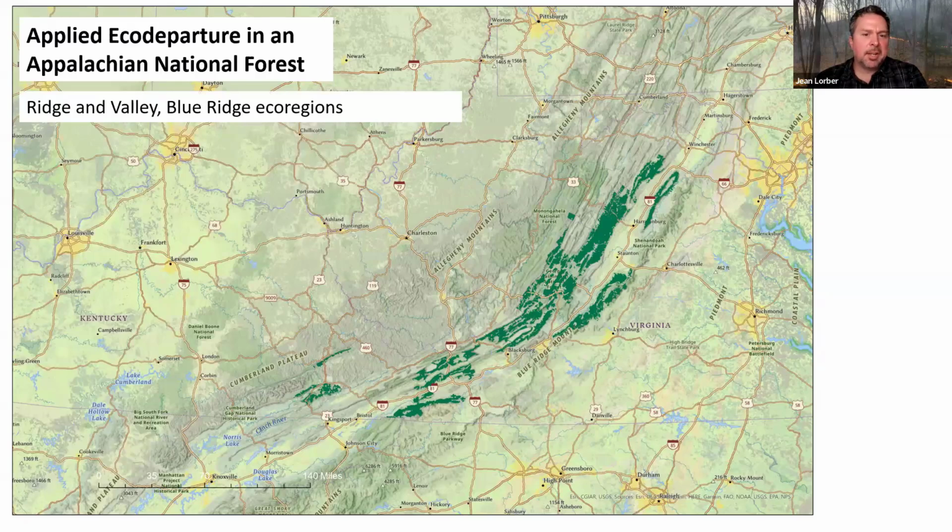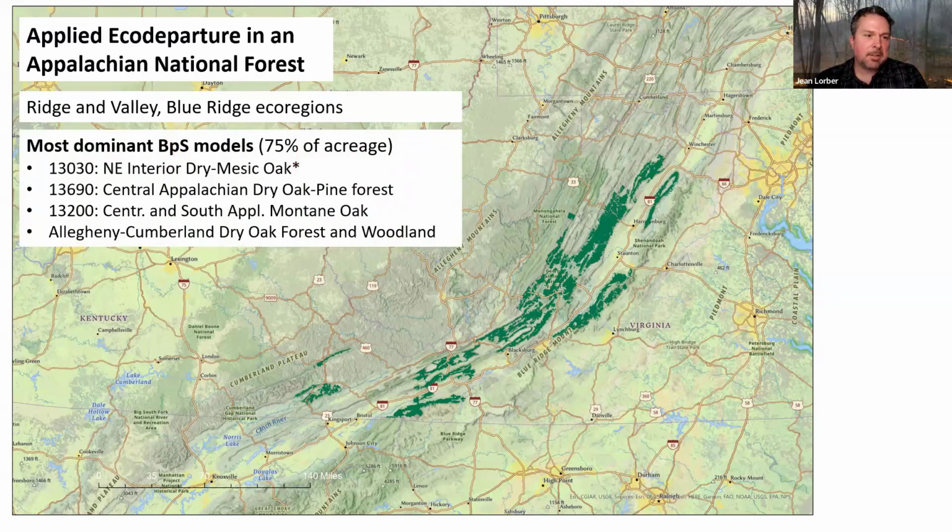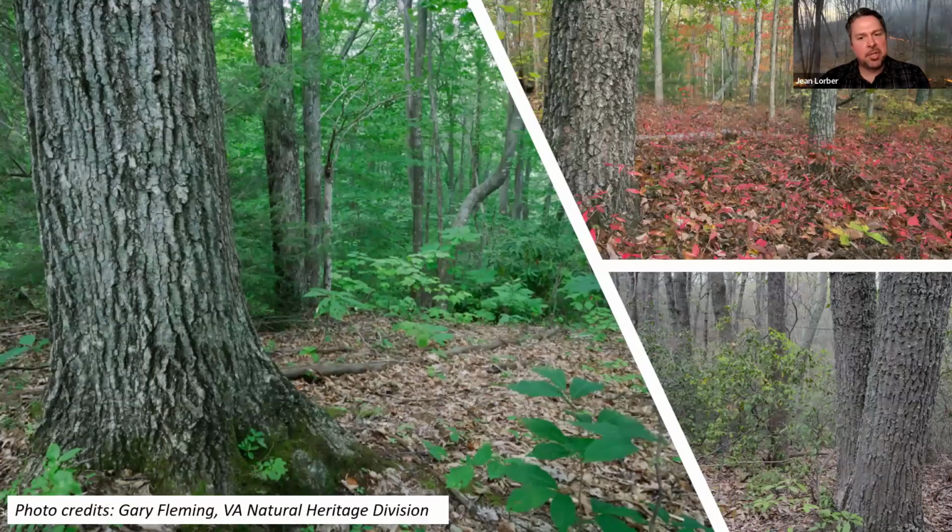So, I forget who's on the phone, but a real quick locator of our forests. We're in the Ridge and Valley and Blue Ridge ecoregions in Western Virginia with a tiny bit of West Virginia, a tiny bit of Kentucky as well, but really in West Virginia, Ridge and Valley. Here are the most dominant BPS models. Northeastern interior dry mesic oak, Central Appalachians dry oak pine forest, Southern Appalachians montane oak. So we're on the dry end of the spectrum, 30 to 45 inches a year of precipitation. We're not the Southern Blue Ridge, like Nantahala Pisgah, that gets 60 to 80 inches a year. So we're on the dry end of the spectrum,